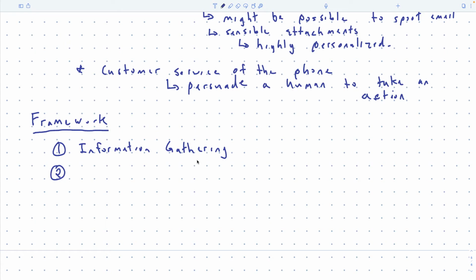So where am I getting that information from? That type of thing. So that's the sort of information gathering part of it. Pretexting